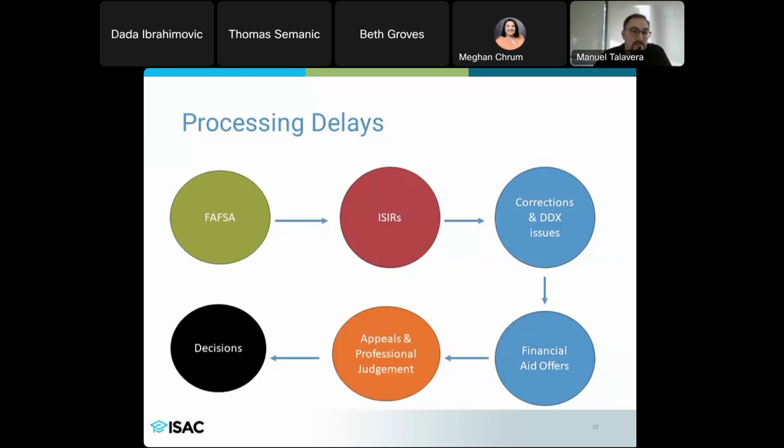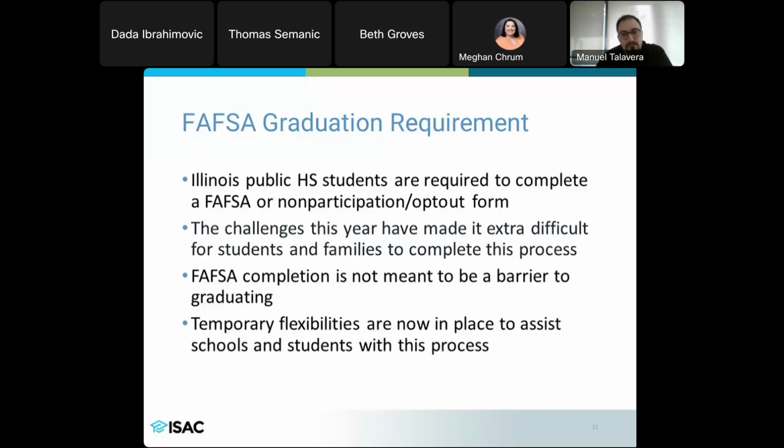So here in Illinois, we've seen many of the schools either use a rolling admission style or push their decision date from May 1st to June 1st. And plus, institutions are well aware of what's been happening. So if a student has any issues, they should just reach out to the financial aid office at the school and let them know what's going on so they can all be on the same page.